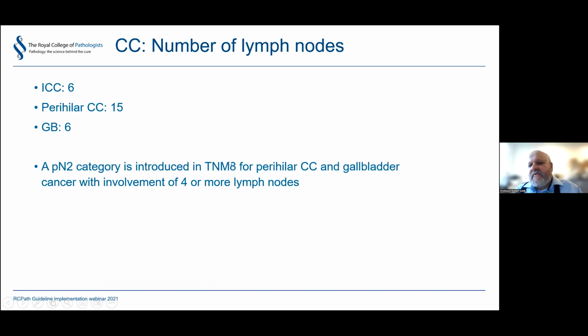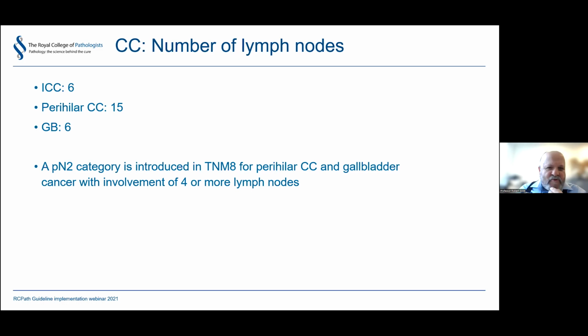Regarding the number of lymph nodes, we're used in colorectal pathology to very stringent guidelines on how many lymph nodes we should be looking at. These are the sort of range of lymph nodes that people are looking at. I'd be interested to know what my colleagues and other people in the audience think. I think these are quite a lot more sometimes than we often are given.